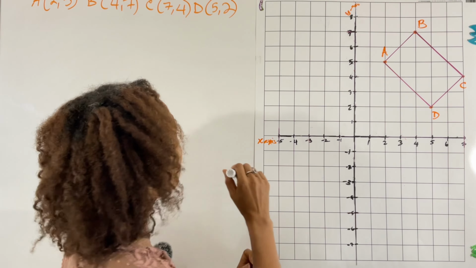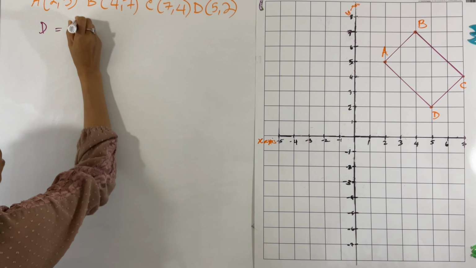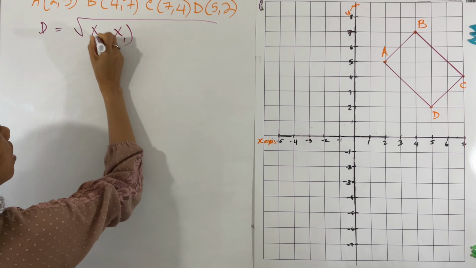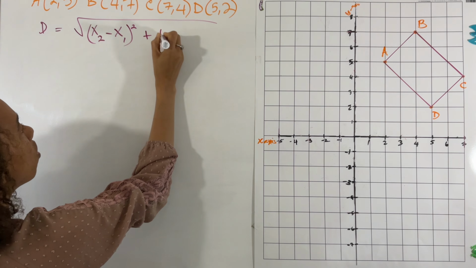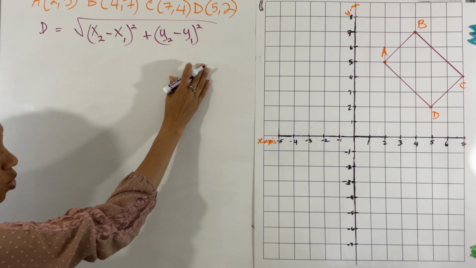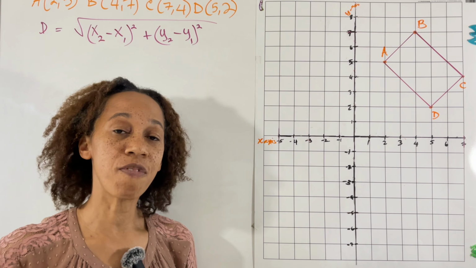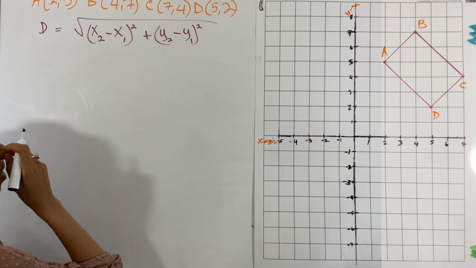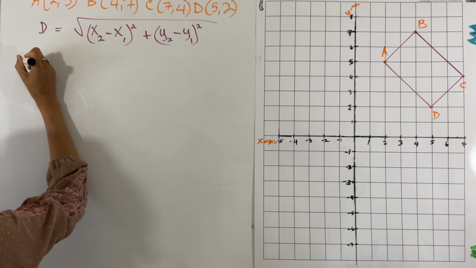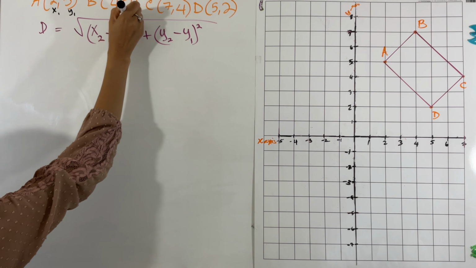And yes, we have the distance formula, and the distance formula is simply that D is going to be the square root of x2 minus x1 to the second power plus y2 minus y1 to the second power. So you're finding the square root of all of these. What I would suggest for you to do is to first find the lengths of each of the 4 sides of that figure. We're going to start with segment AB, and we're going to label this as x1, y1, x2,